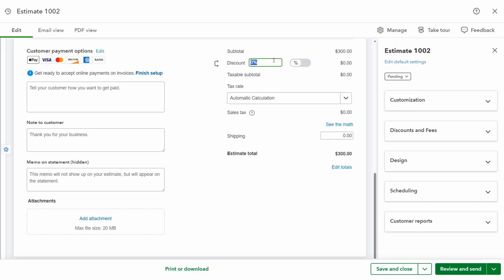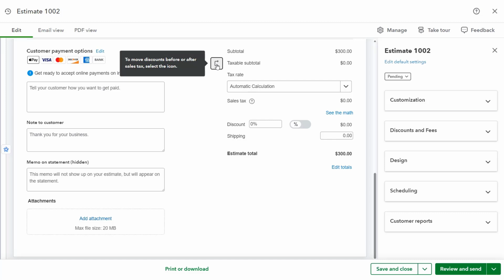If needed, to change whether to apply the discount before or after calculating sales tax in QuickBooks Online, click the arrow buttons to the left of the sales tax rate and discount fields to switch the order of the two fields in the estimate each time you click it. Doing this changes whether the discount is applied before or after calculating sales tax based on the order the fields